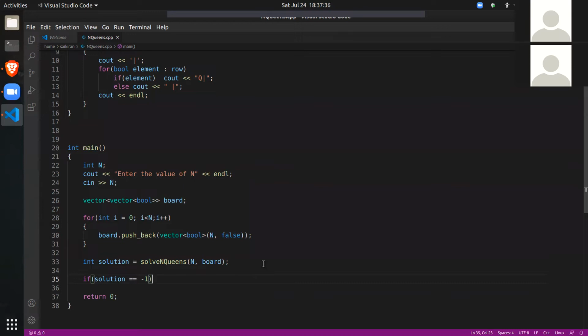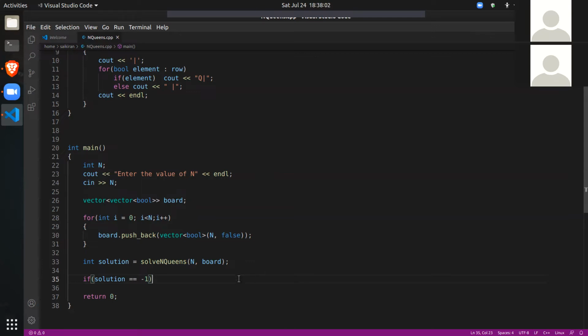For example, it won't happen here, but in special cases like on a 2 by 2 board, it is impossible to place 2 queens. Do you get it? If you only have 4 cells, like in a 2 by 2 chessboard, it is not possible to place 2 queens because in any position both of the queens will attack each other.